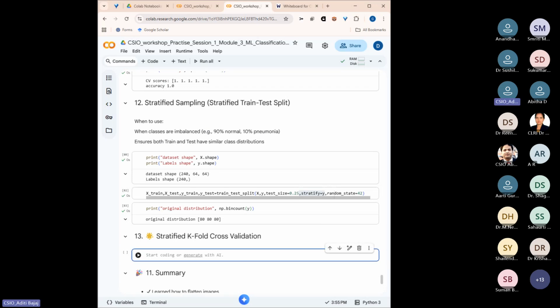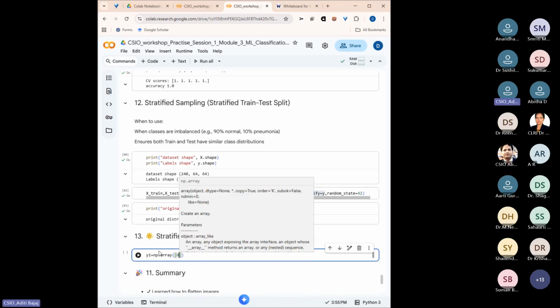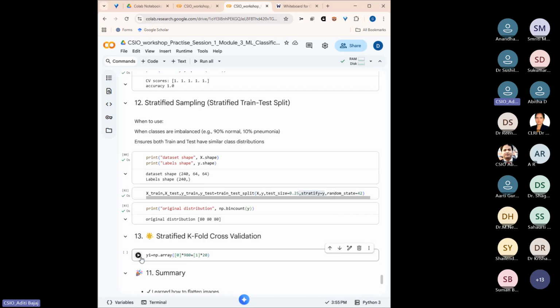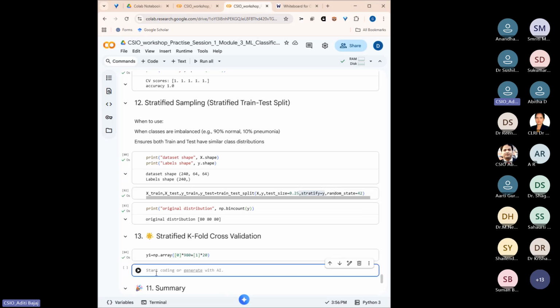And now for the example, let's create a data set. Let's simply write np dot array. Maybe there are 980 zeros plus 1 whose count is 20. So basically I'm creating a data set with 98% of class 0 and 2% of class 1. Okay, so without stratify,